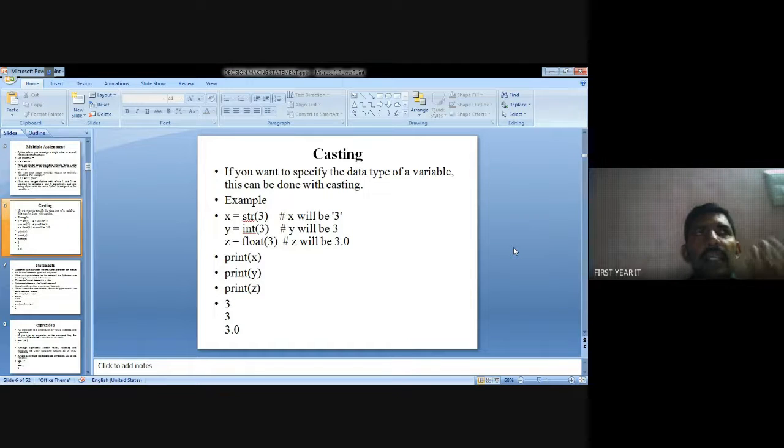The character variable you assign an integer or floating point, numerical values, everything as a specific string. That is x equal to 3. Y equal to 3 means integer. Z equal to float of 3 means you assign the floating value 3.0.